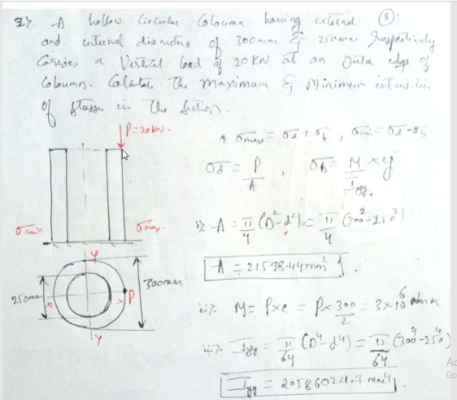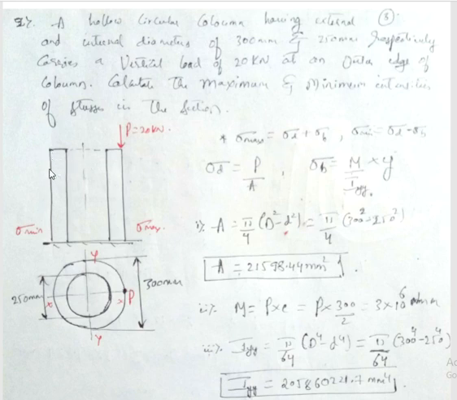When the load is acting at this point, we know that this load will try to compress the column in downward direction, and also it will try to bend the column to the right side. When it bends to the right side, this layer will be subjected to direct compressive stress and also bending compressive stress, because this layer will get compressed. So it is subjected to maximum stress, because direct stress is compressive in nature and bending stress is also compressive in nature, so both will get added.